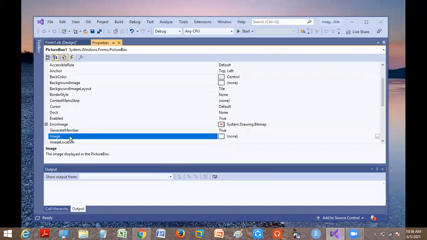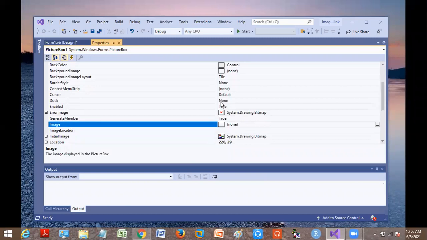Fine. Can you see over here the property related to image? The property is with respect to picture box 1 and the property name is Image. It is saying none. There is no image in your picture box.